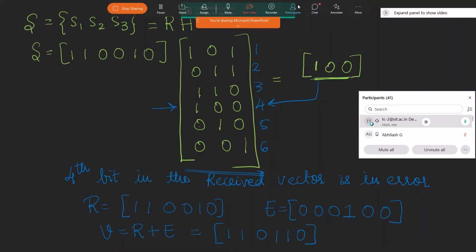I will send assignments this week. It will be mostly problem-based assignments. That means right from the Markov source onwards, I am going to send at least five problems in each concept. Please make sure that you are solving them. It is going to help you for the examination. So do that, solve them and submit. I'll give you the deadline, so you can submit it before that.